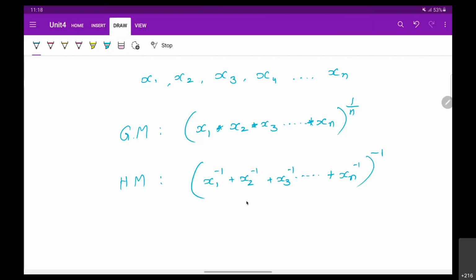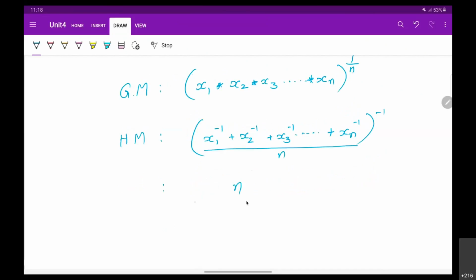Now this minus 1 power is nothing but inverse, nothing else. So it is equal to n divided by 1 by x1 plus 1 by x2 plus 1 by x3, and so on, 1 by xn. So this is your harmonic mean. So you can store these values x1 to xn in array, and then you can run a loop to make these calculations, right? You can easily calculate harmonic mean and geometric mean.